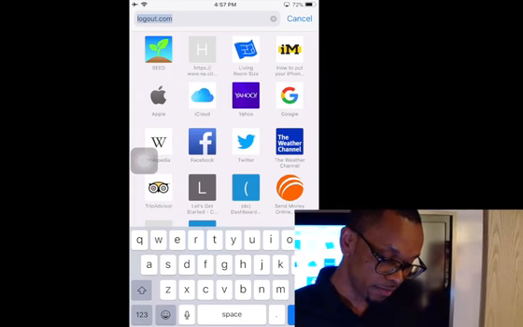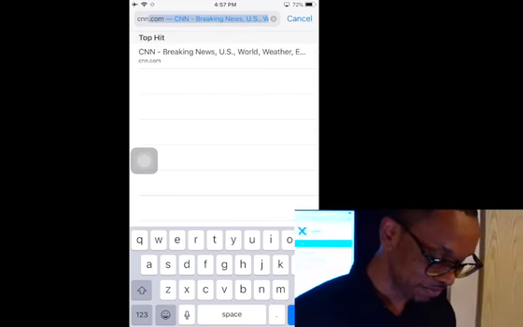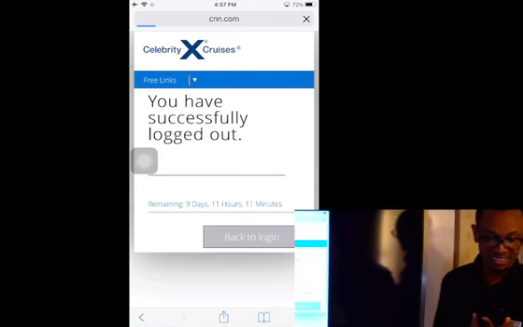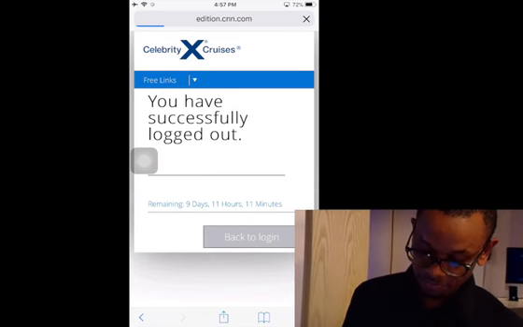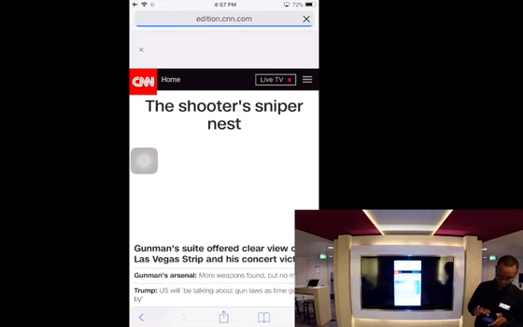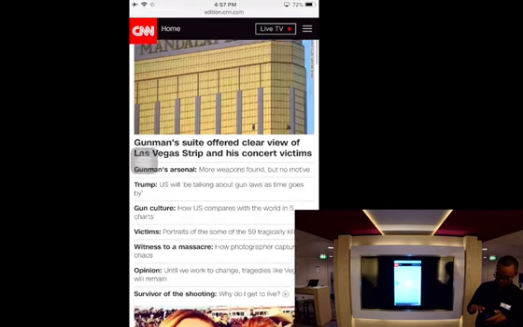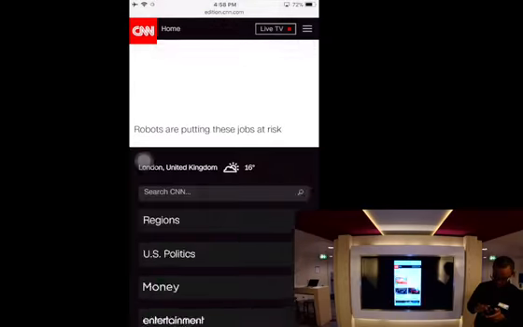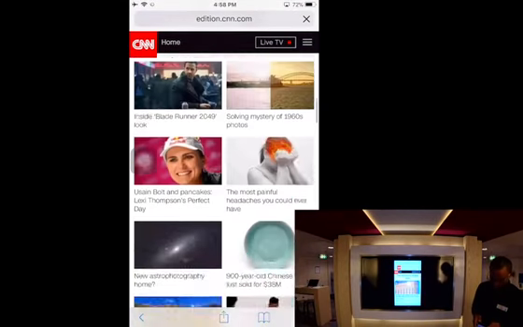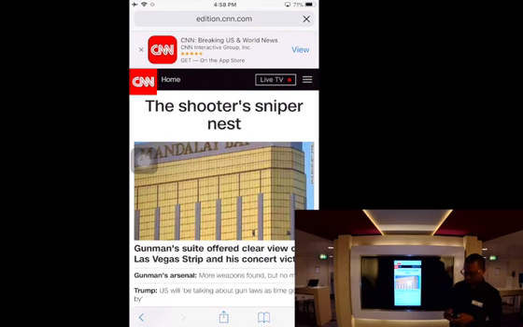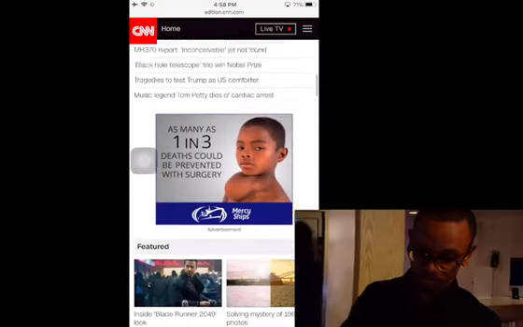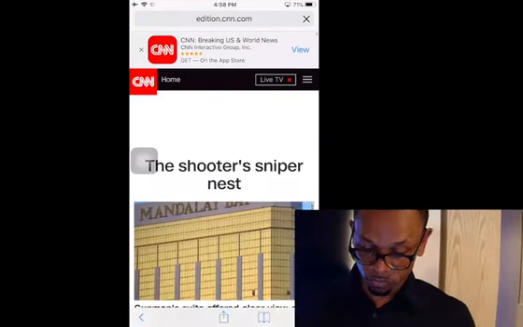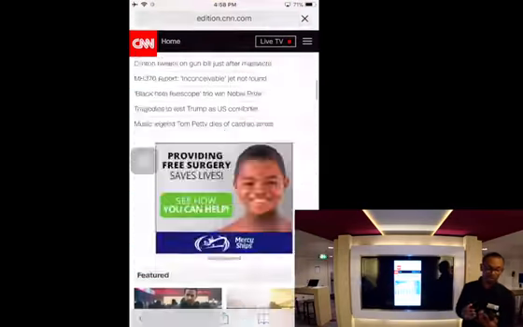So let's say I'm going to click on a website. I like to click on CNN, I don't know why. Okay, let's see CNN come up. Let's wait for the page to load everything. Okay, so now I'm on the website. If you don't have internet, it's fine. So from there, on this website, you can see